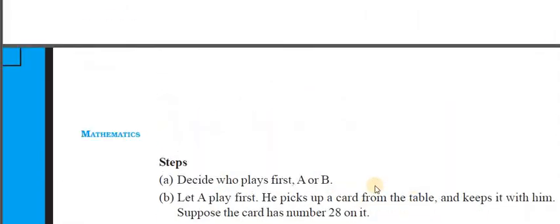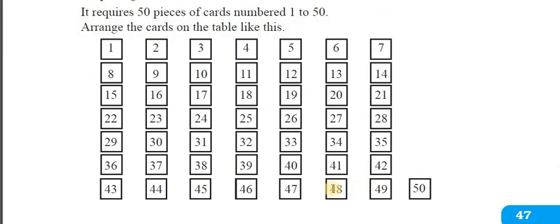What the game is saying is, for example, here we have cards like this, and the first person took this card. So the second person has to collect all the factors of this, meaning 7, 4, 2 and 14. Like that he has to collect all the factors. And for example, if player B selected 25, then A has to collect 1, 5, like this all the factors. It has to go on till all the cards on the table are completed.